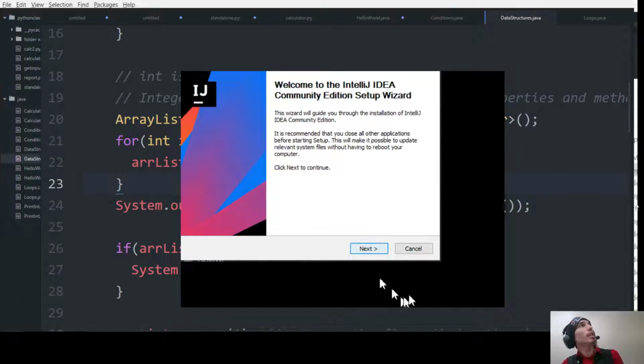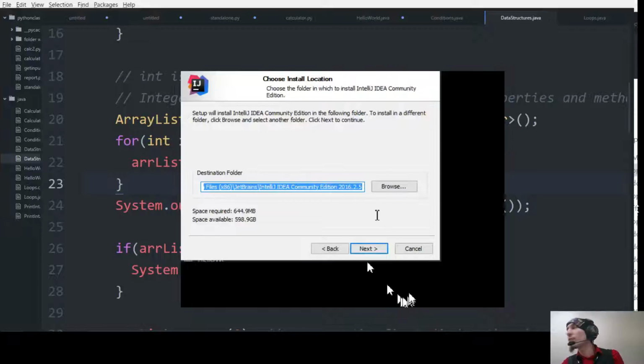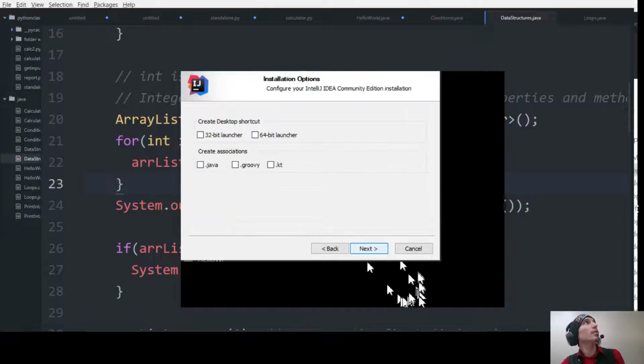So we'll hit next. The default path is fine. If you want to install it somewhere else, feel free. It's up to you guys. I would assume everyone's machine is a 64-bit machine, so you want to make sure to check this one. I strongly recommend checking Java as the file type